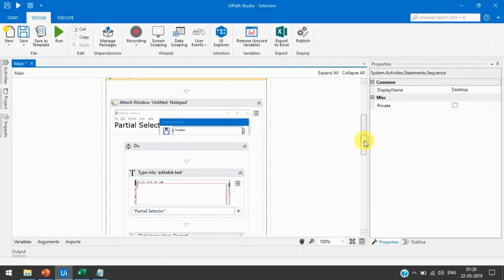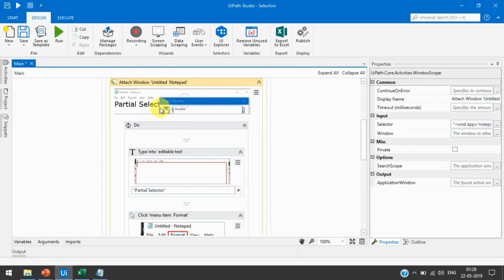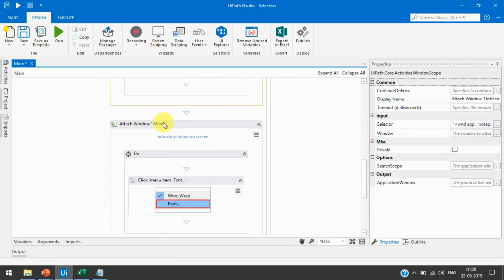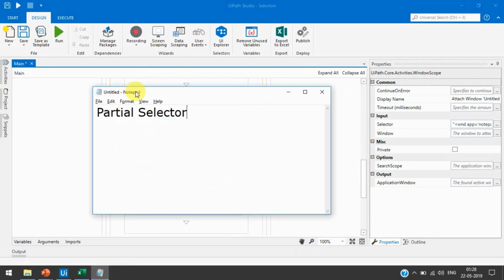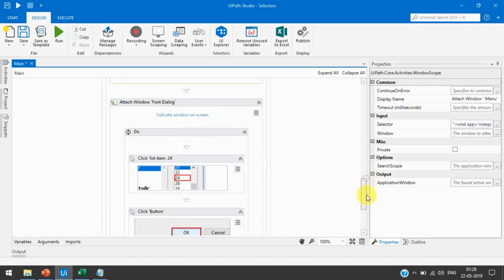Now you'll see here in the desktop recording, each window has different containers. Here we have opened the notepad, so there is one container. This container is using attached window, and the second one is where we clicked on this menu format here, then we selected this font. So this is also one type of container, so that's why it has used a different attached window.